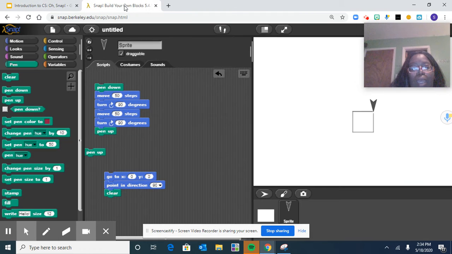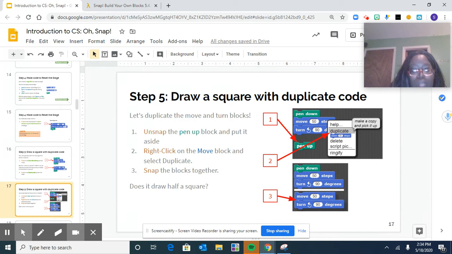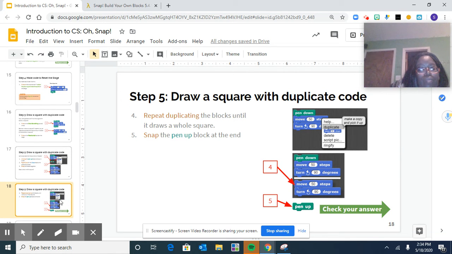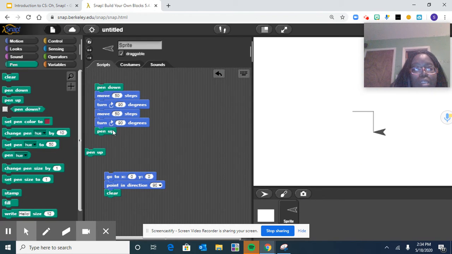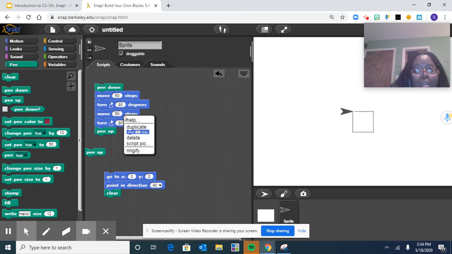So now let's see what happens when we do it. So I'm going to clear, and it drew half a square, right? So does it draw half a square? It does. So then does your code look like this? So draw a square with duplicate code. So now we can duplicate, duplicate, and duplicate, and then we'll get our square. So we need to duplicate it. So we'll right click again, duplicate,